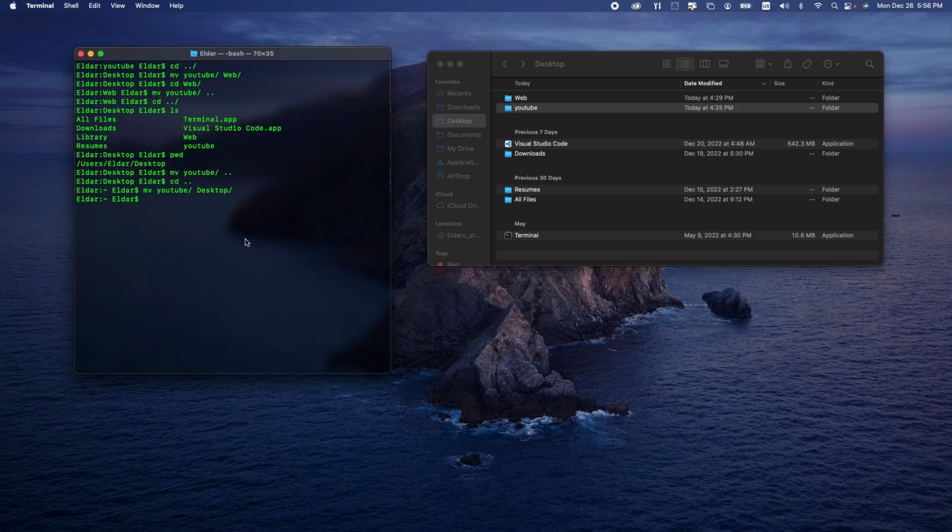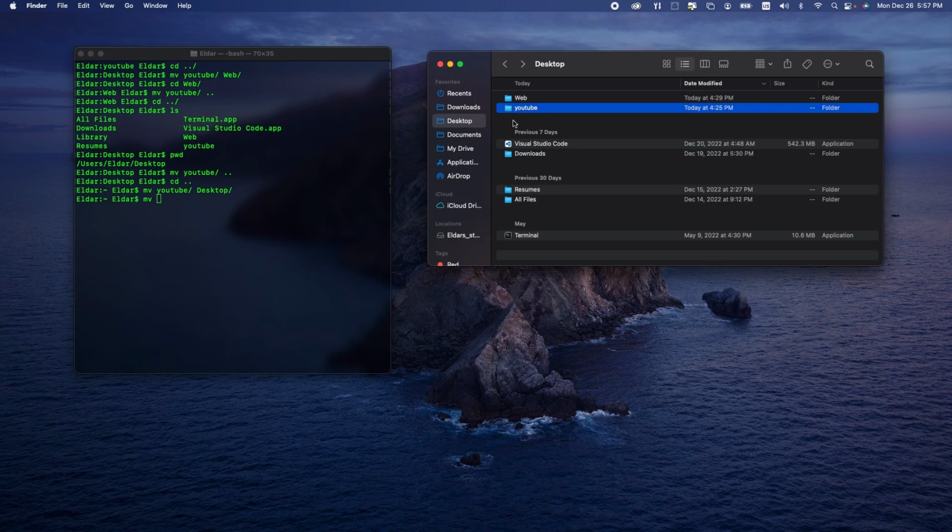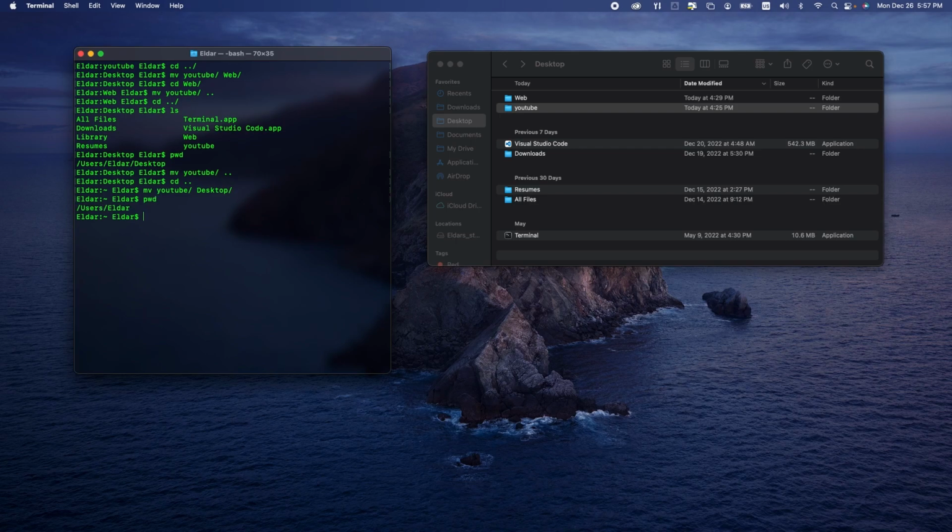In this case, we want to use the same command, which is move. Let's say we want to change the name of this folder, YouTube, to something else. Let's find out where we are. We are in users elder. Let's change our directory to desktop. What we're going to do is say move